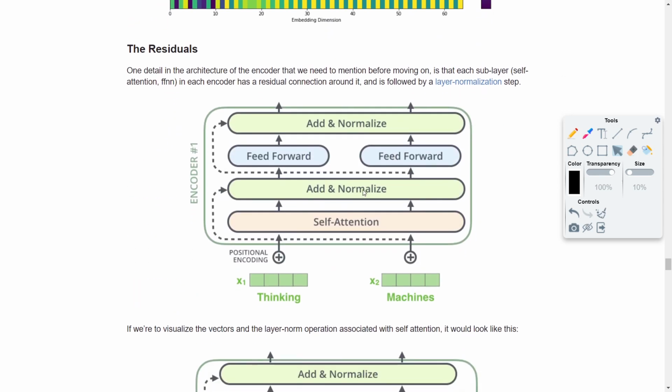And then particularly residuals. I think you might be understanding residuals: a lot of times the input from one of the layers is what we pass to the next layer, and similarly we are doing that here. But in a lot of places, we are also making residual connections to fetch information that might not have been captured through the self attention layer. So we are passing the positional encoded word embedding to the self attention layer,